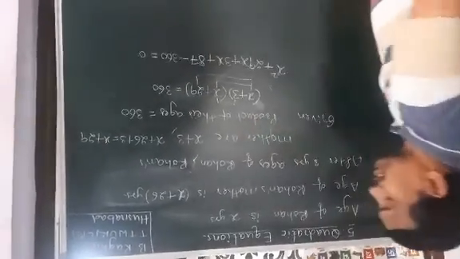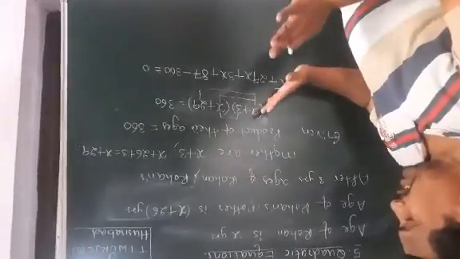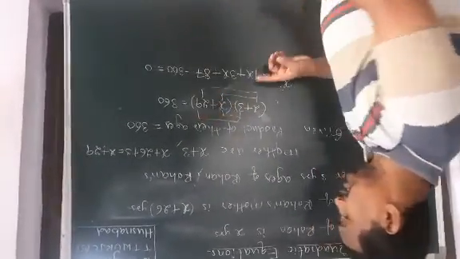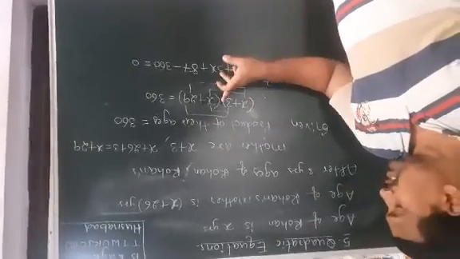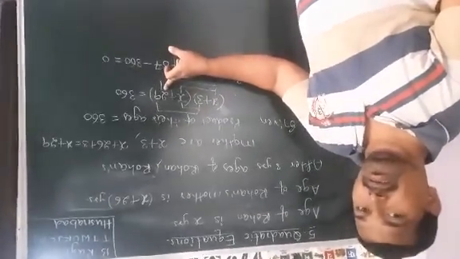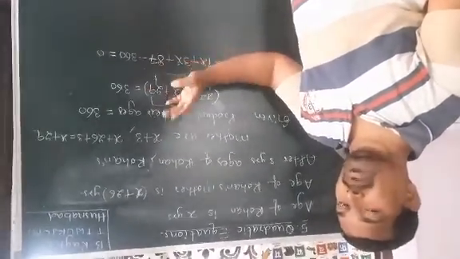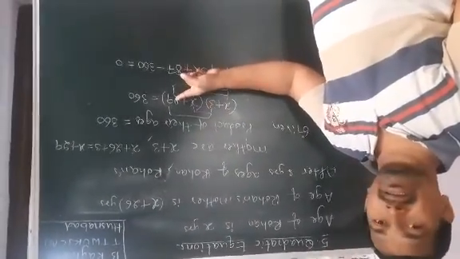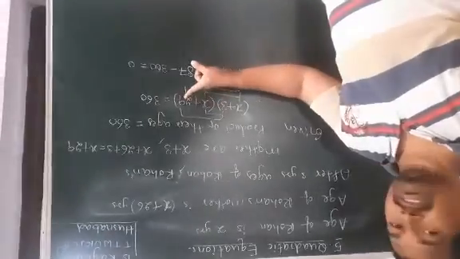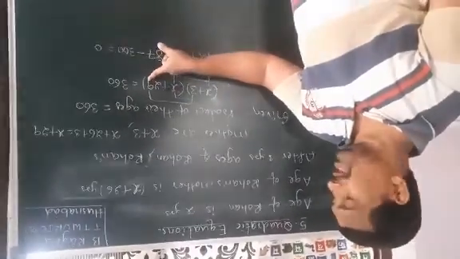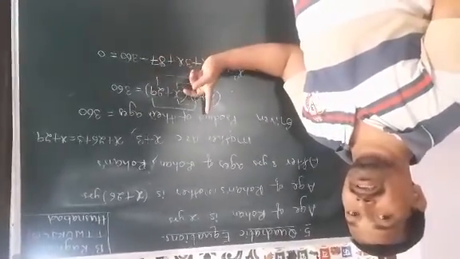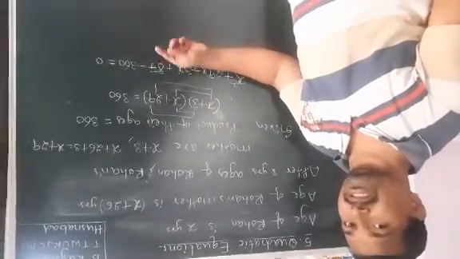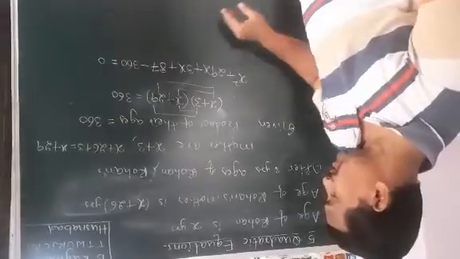There are no terms on the right side, that is 0. Are you getting here? Here we are multiplying 3 with 29. 3 29s are: first 3 into 20, 60. 3 9s are 27. 60 plus 27, 87. Or else 29, round figure 30. 3 30s are 90. But 1 less, 1 into 3, 3. Less 3 from 90. 90 minus 3, 87. Like that you can do the multiplications.